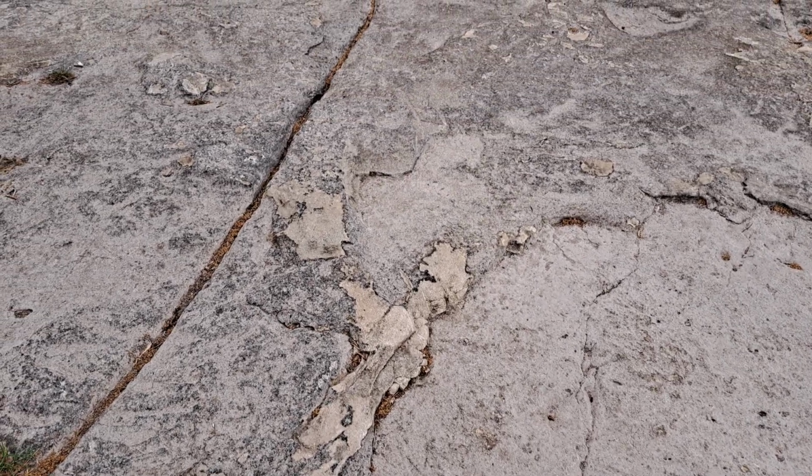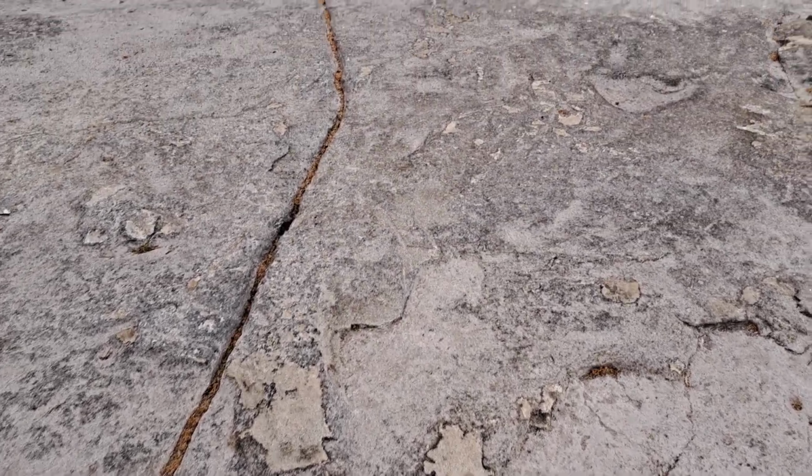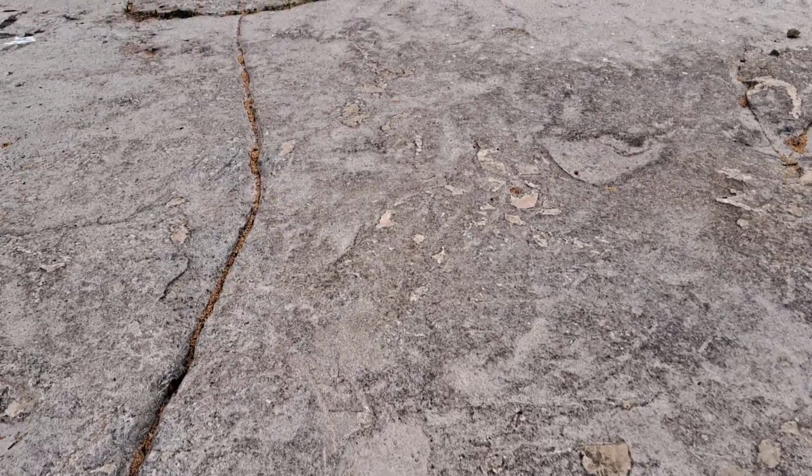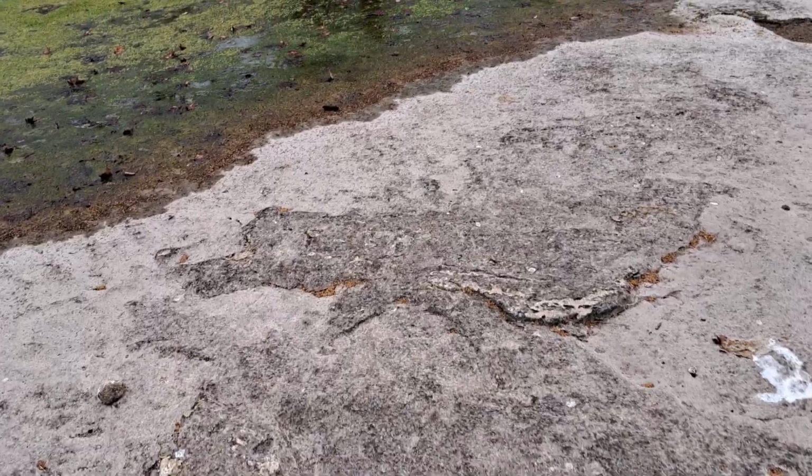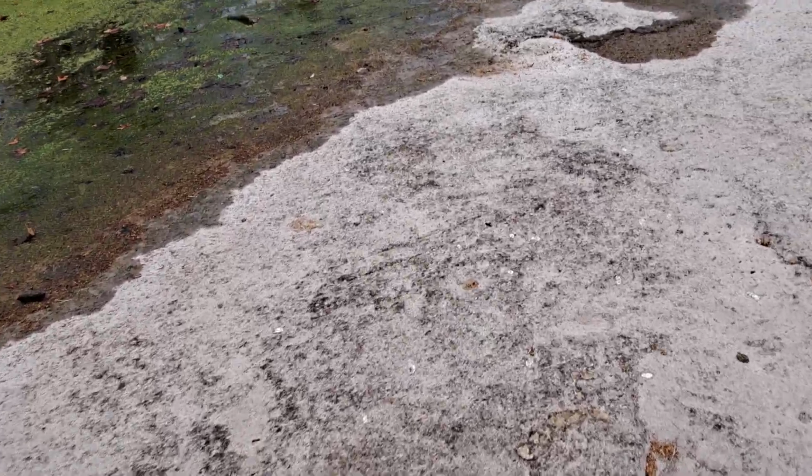So I'm in Round Rock, and I've been seeing things about the rock that it's famous for, and some of the wagon ruts. And I don't believe that's wagon ruts. I'm not exactly sure what that is. But I came down to see just what it was all about. And lo and behold,